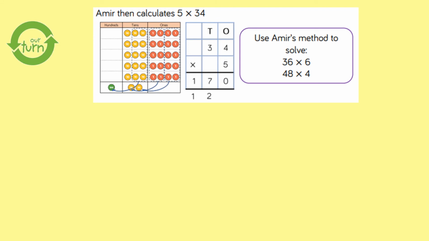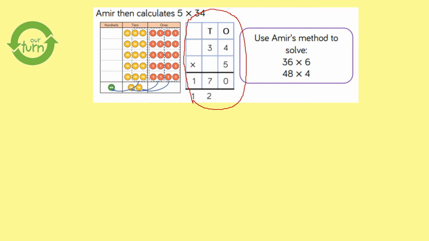Okay, now if you want to be really clever today, this is like a properly hot chili challenge. So this is, Amir is calculating 5 times 34. Now I want us to focus on the written method, okay? So let me pop a circle around it because I think the tens and ones method is a bit confusing, but it's just showing you what Amir is doing. So Amir is doing 34 times 5. Oh, actually it says 5 times 34, but remember you can do it in any order because it is a